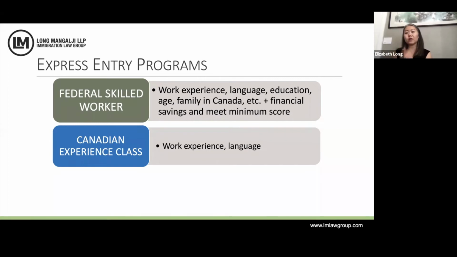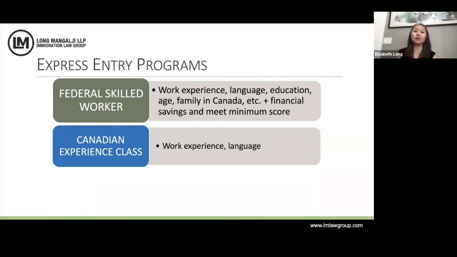Okay, so 1 year of high-skilled, full-time, at least 30 hours a week. Now, if you're doing part-time, you can add that all together. So if I did 15 hours, I can do 2 years of 15 hours and still add it together. Full-time, you have to be an employee in Canada. Being an employee means you get a T4, you get your income tax deducted. So that's very important to have that, okay? You don't really want to work as a contractor.